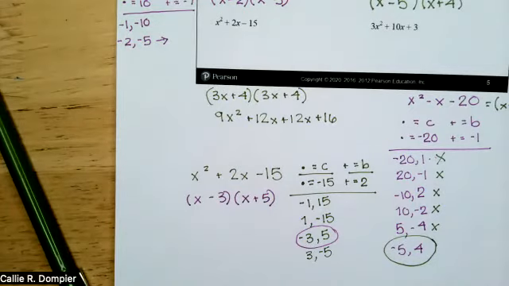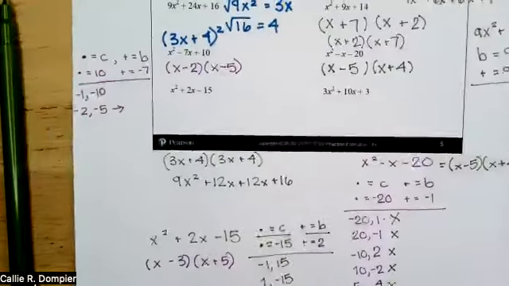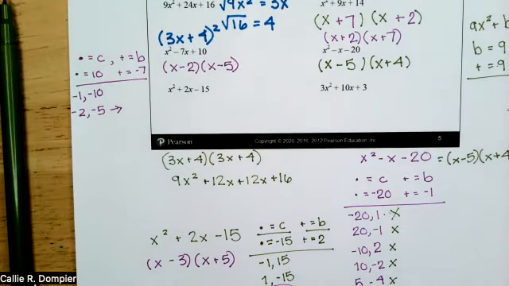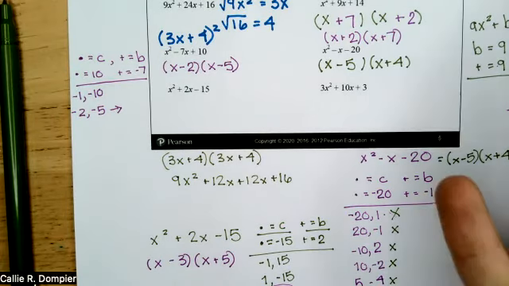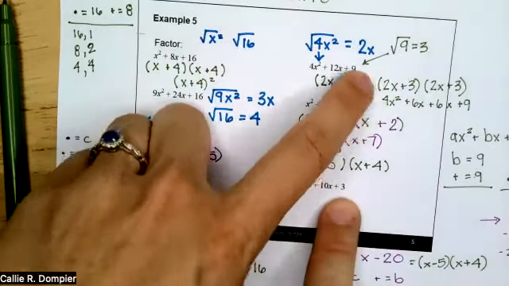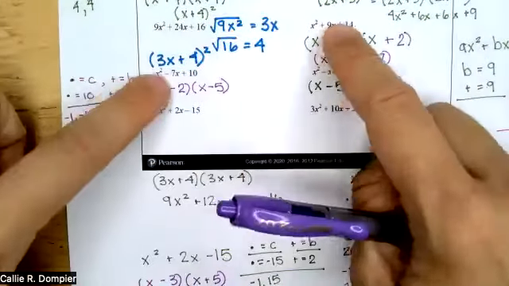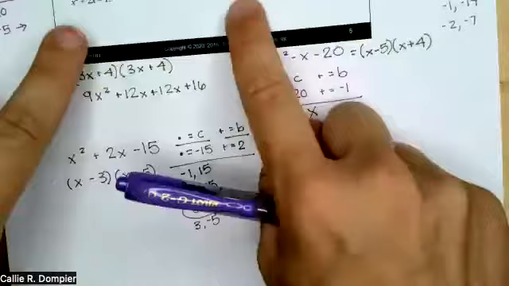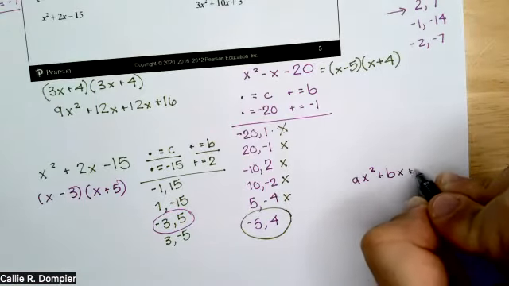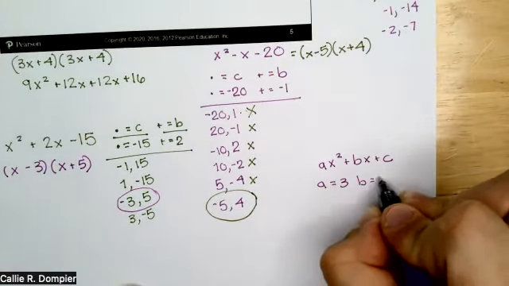Last one. How much time do we have? 4 minutes. Good. 3x squared plus 10x plus 3. All right. This is a very different one because 3 is not a perfect square, right? So we can't do these top two, but it's the only one of these examples that we've tried where a is not 1. So we have ax squared plus bx plus c, where a is 3, b is 10,